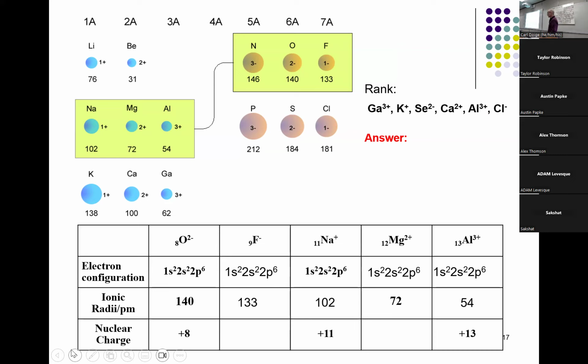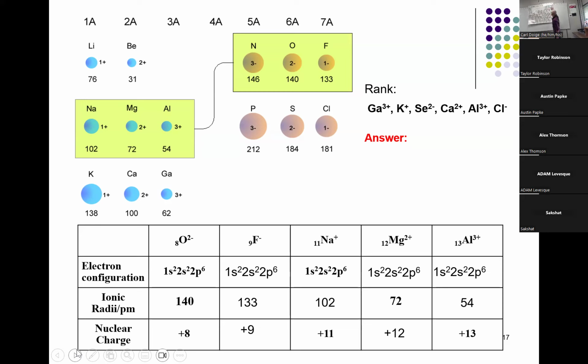And then let's see what happens to the nuclear charge. Now, what I mean by that is simply how many protons are present. So, of course, oxygen has 8 protons, fluorine 9, magnesium 12. So it's just the number of protons. So whenever we want to make a comparison of size, we don't just go right across the periodic table, but we start essentially here. And we compare these ions.